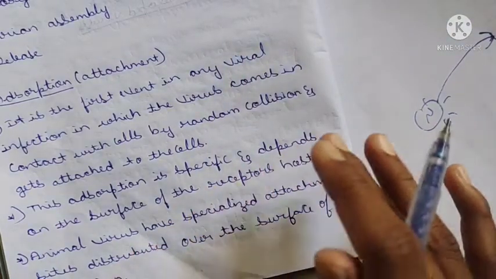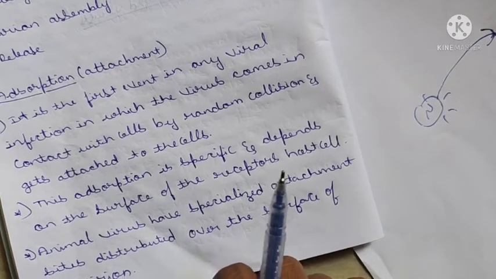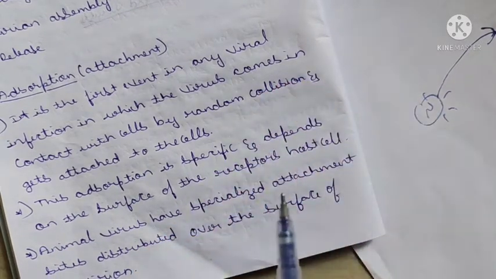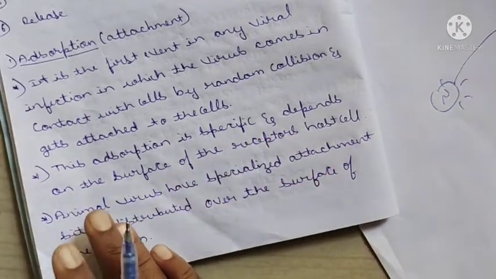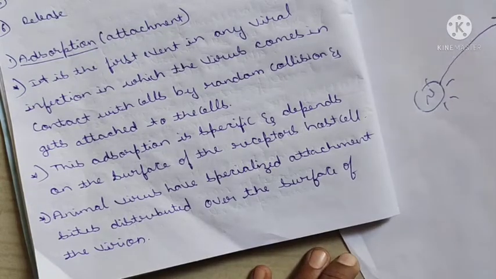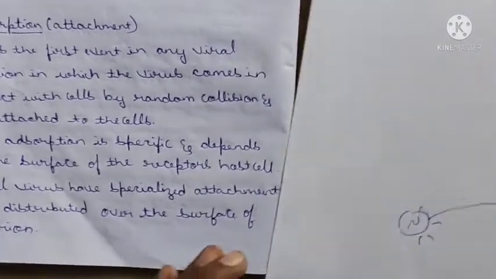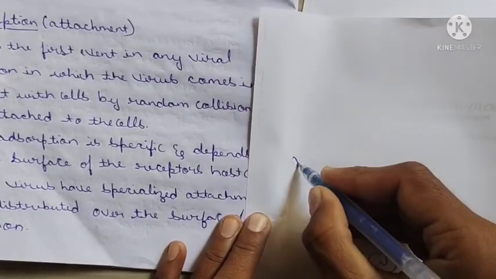How the receptor host cell is, it depends on that. If it is hard, it means it requires some specific attachments. Got it? Animal viruses have specialized attachment sites distributed over the surface of the virion. Some of the animal viruses have specialized attachment sites, meaning they have a cone-shaped structure